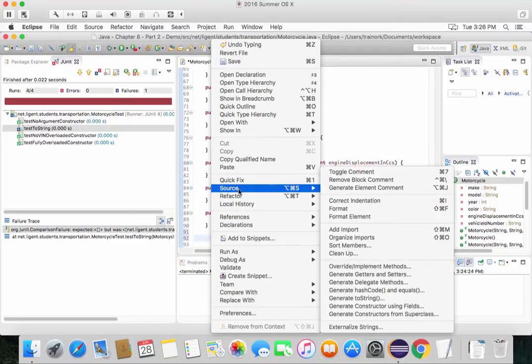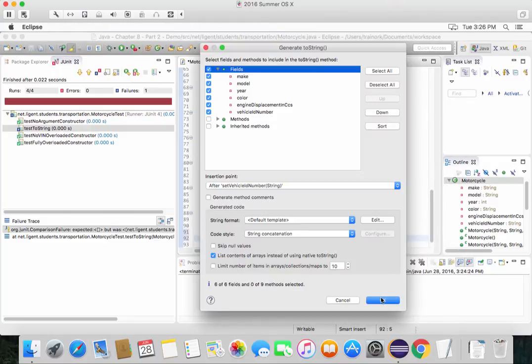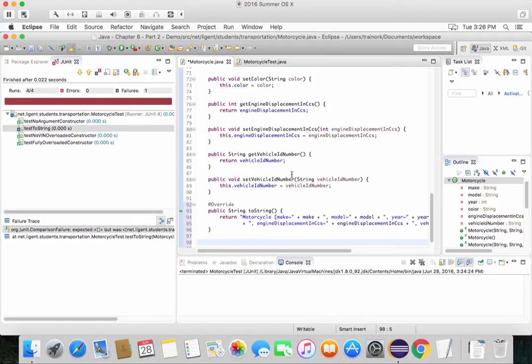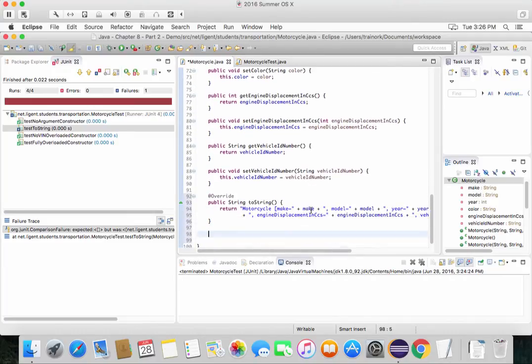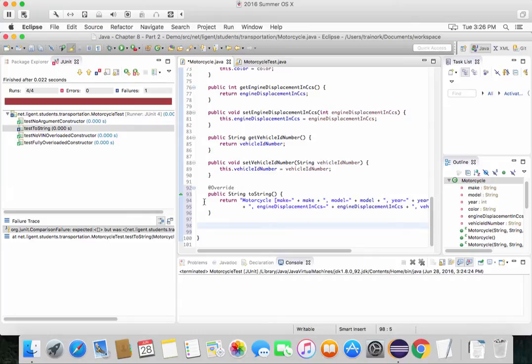Okay, so source, generate toString. We're saying that all of the fields are fields that we're interested in. That's just what we want. We want it after set vehicle ID number. That looks about right. Okay, so set vehicle ID number, and here